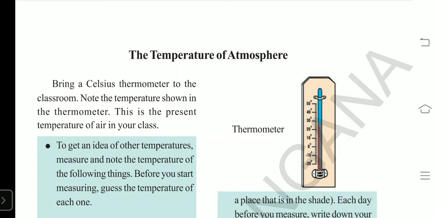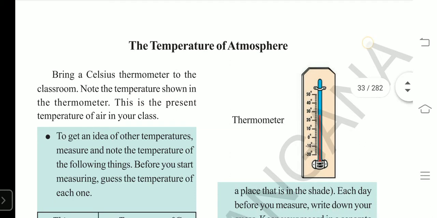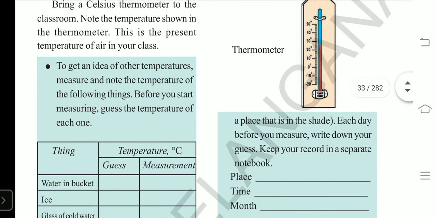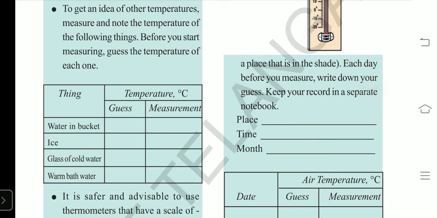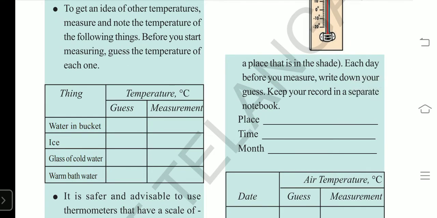A thermometer is an instrument for measuring the temperature, right? It is a Celsius meter. If you look at this table, here it is given to you to do a practical work. Generally we know that the temperature of